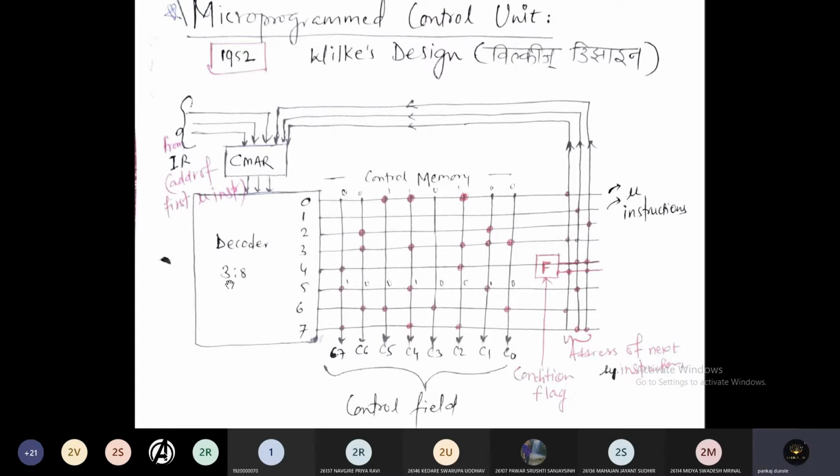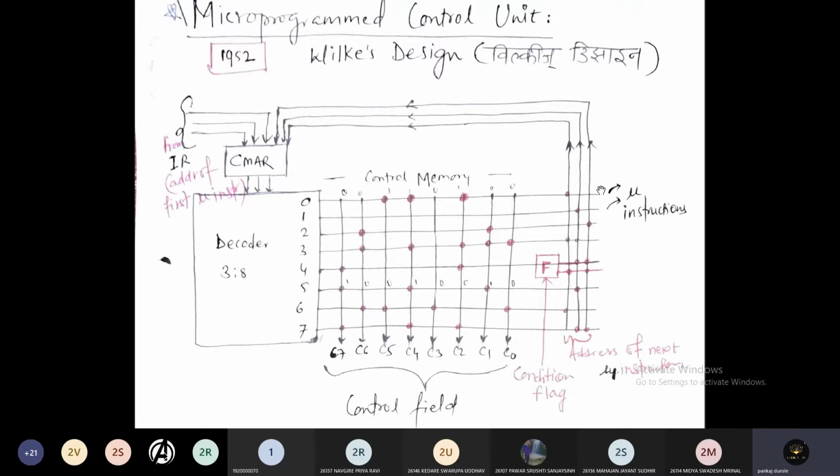This is the decoder. These are different control fields. And this is the conditional flag. This is the control lines for